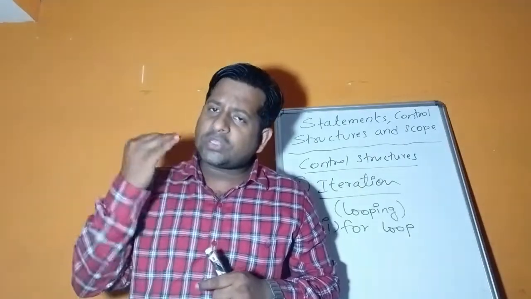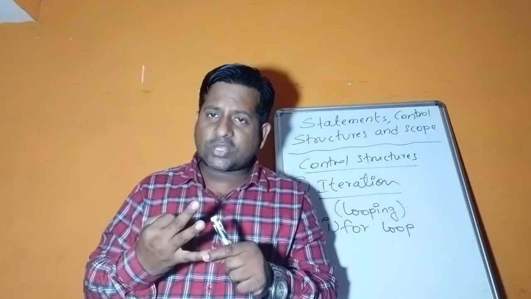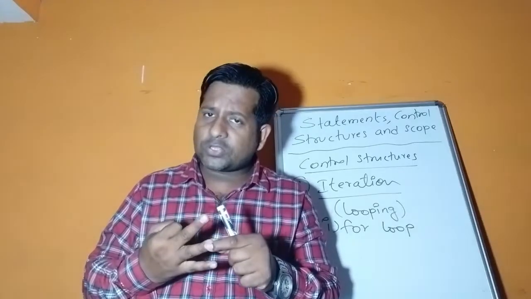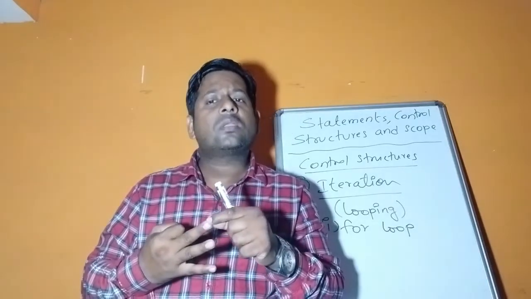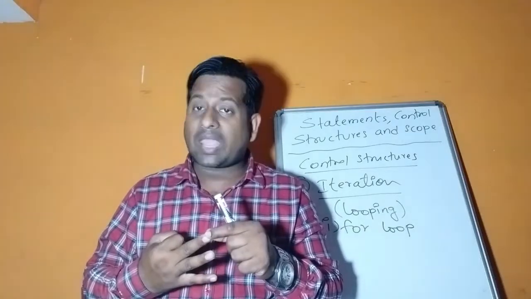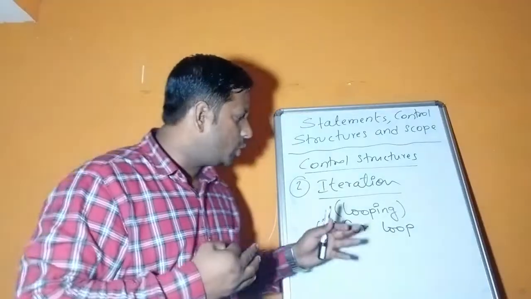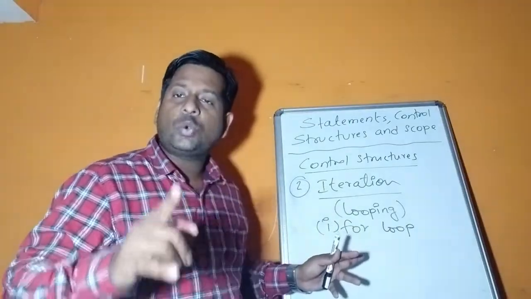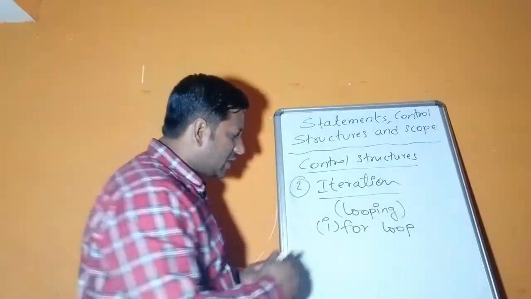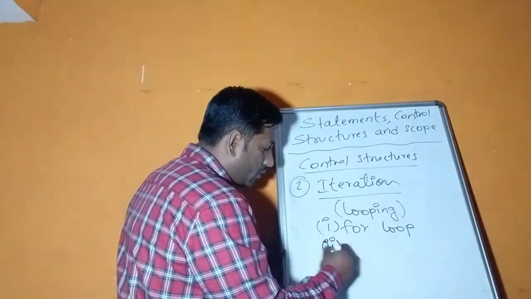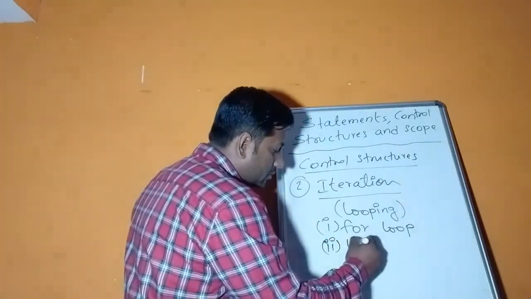So for loop contains three parts: starting, that is initialization, then condition or expression, and the third one is the number of steps, which can be increment or decrement. So this for loop is known as what? Entry controlled loop. The second type we have is